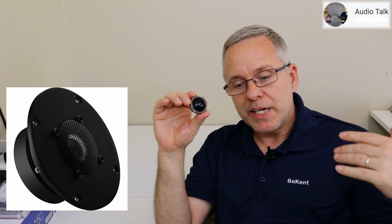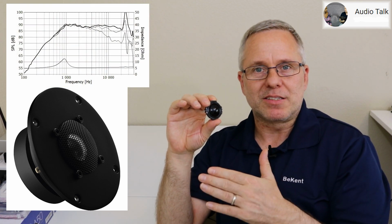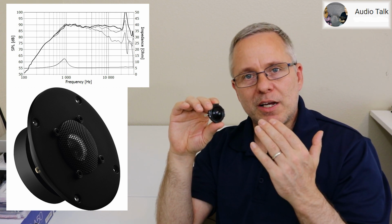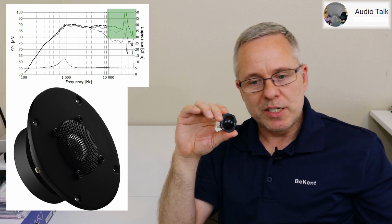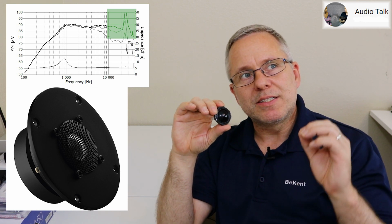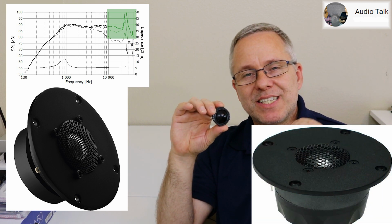So titanium is pretty harsh on some of the overtones unless it's done really nicely. There are, of course, titanium drivers that sound very clear and pretty, and the breakup of the cone is past your hearing so that it's not bothering you. But for the most part, the titanium driver and aluminum driver are a bit forward and have a lot of these S sounds, like